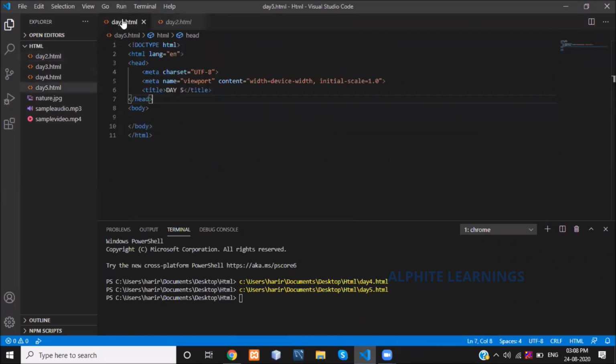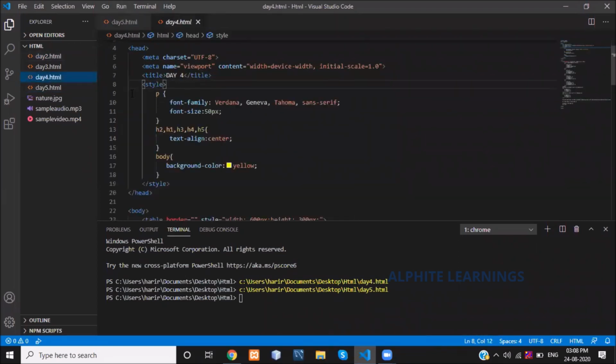Whereas in internal CSS, wherever you give the paragraph tag, it will take the font family and the size of 50 pixels that we have mentioned in the header part. This is all about internal CSS.